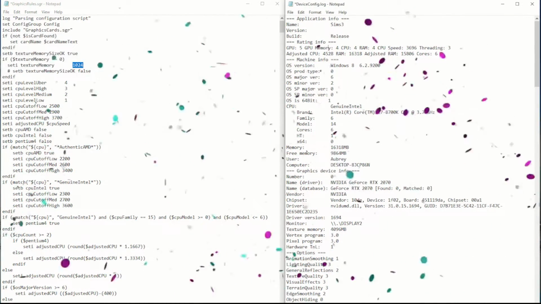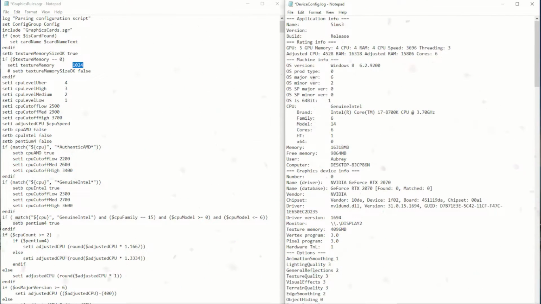You're now done with the file editing and can save your GraphicsRules file and skip ahead to the end of the video. Everyone else, find your GPU rating number up near the top of the device config log. This number should be 1 through 5, and whichever number it is will determine where you add the information for